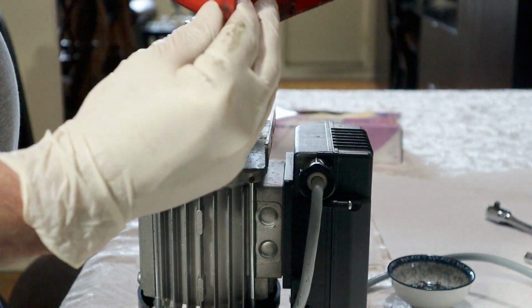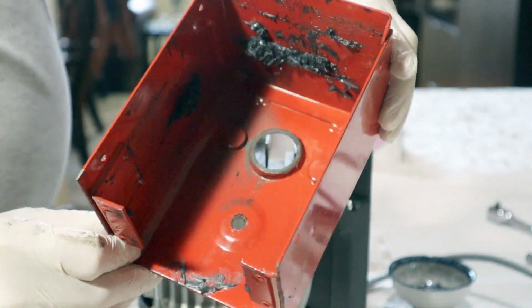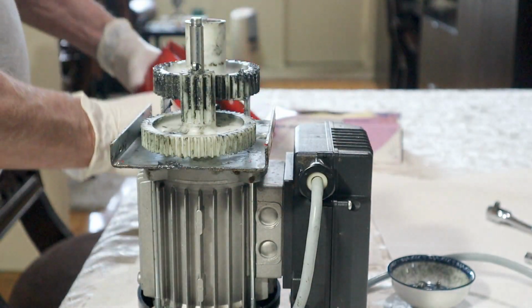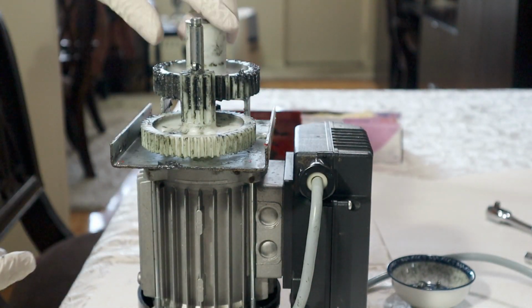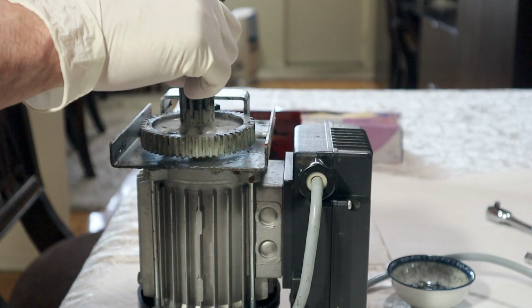That's not where the grease is supposed to be. In here, we can see it's smeared. It's been flung and smeared all over the inside of the cover. But we still have grease on the gears, which is where it's supposed to be. So I think at this point we will